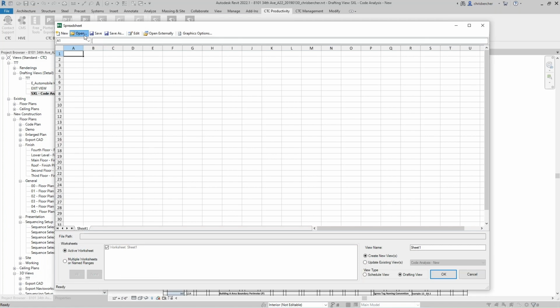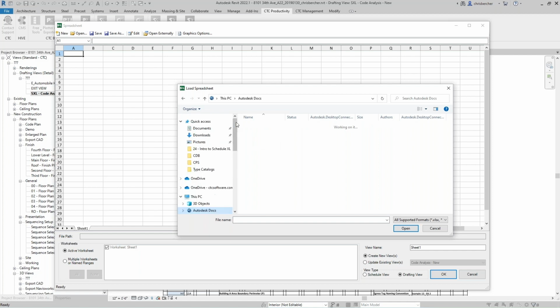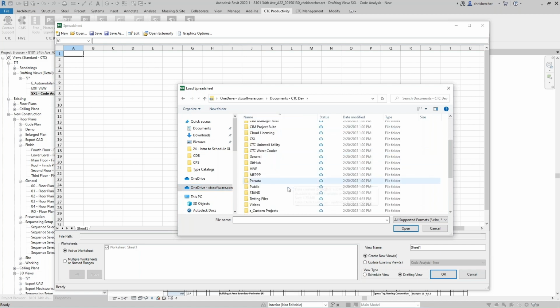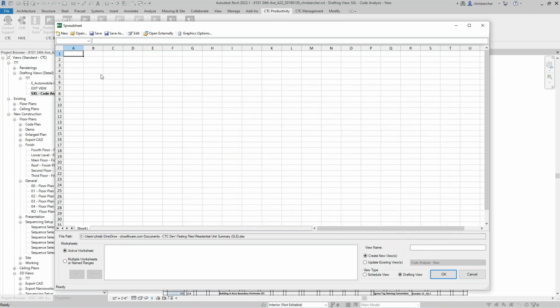So instead of always browsing to the network or browsing to a location that everyone in your firm has access to, we can now browse to places like files on your OneDrive or files on BIM 360. So I've got a nice example here where I've got a couple of different Excel files at my disposal, and if I grab this one and hit open,